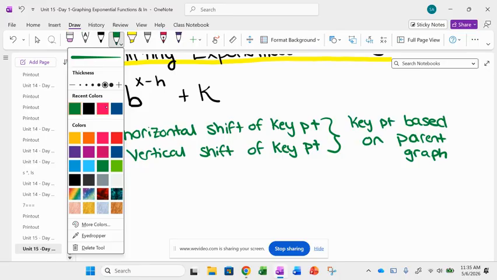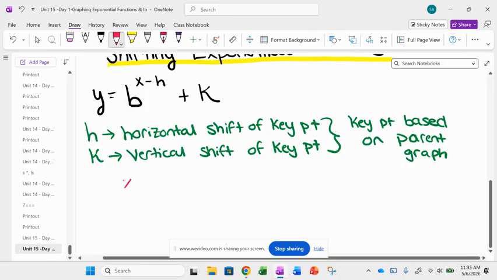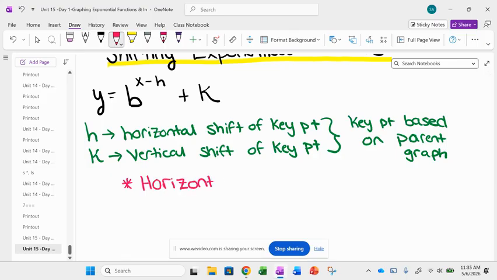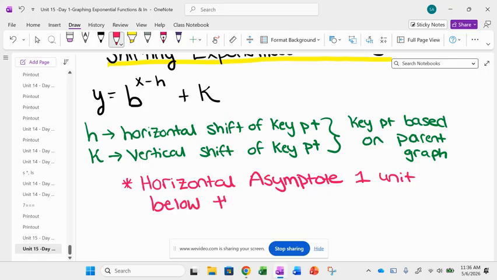And then I'm going to put a star, and I'm going to say there's going to be a horizontal asymptote one unit below the key point,